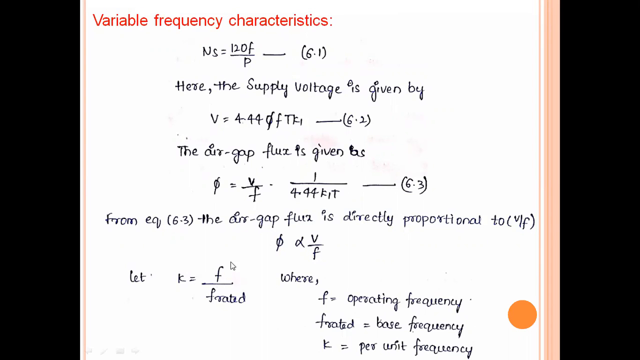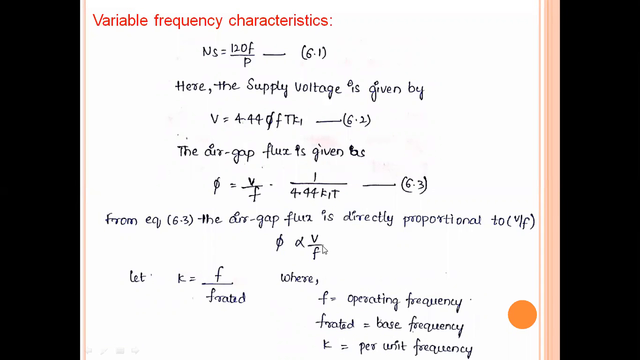If the actual frequency is low, which means K less than 1, then this flux value will be very high. If this flux value is high, the machine will get saturated. Under saturation condition, the machine performance is very poor. So in order to avoid those problems, we need to keep this flux as constant by changing the stator frequency,